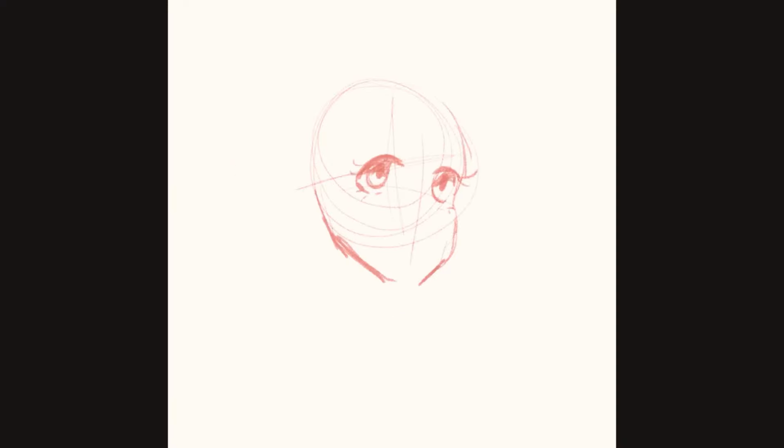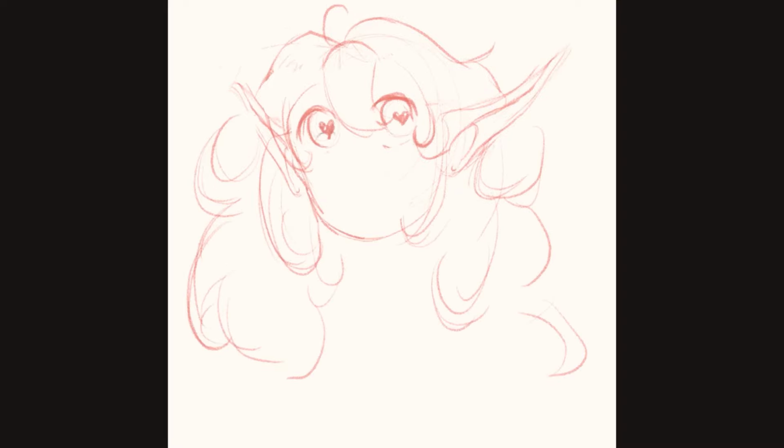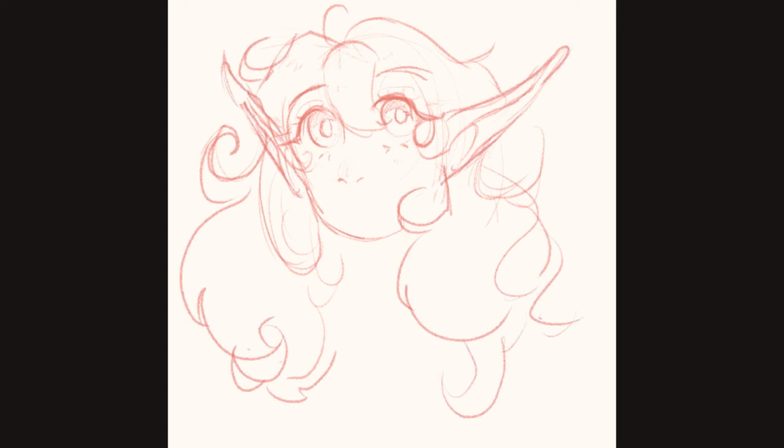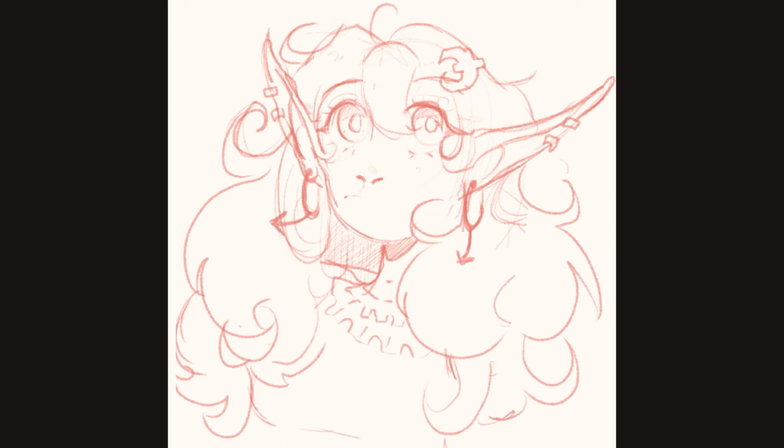So let's talk about a speed paint I did a while ago. This is a great example of a color theory video because I had to really think about how the colors work together, because I wanted this to be a very colorful illustration. This is supposed to be some sort of alien character, so I wanted the colors to feel different and very vibrant. And so the character design I can go over another time.